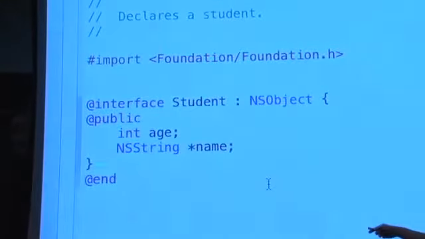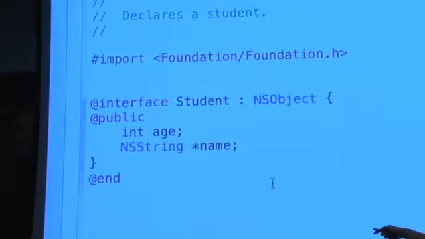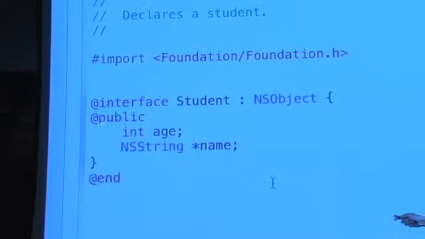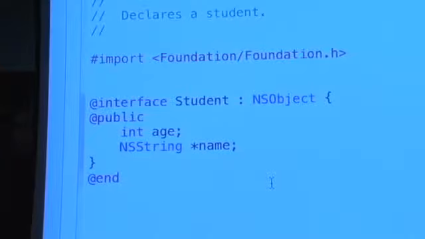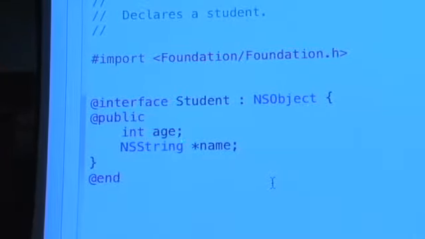So inside of the curly braces go not my methods, but my instance variables. Both of these are public, apparently. So this is a little messy, frankly. There's no colon. You only do it once, and it applies to everything below until you change it to @private or @protected. But this gives every student object an integer called age and a pointer to an NSString called name. So pointers will still remain